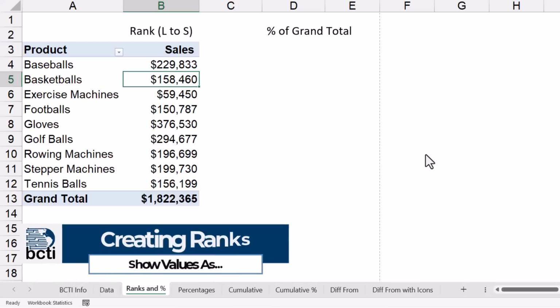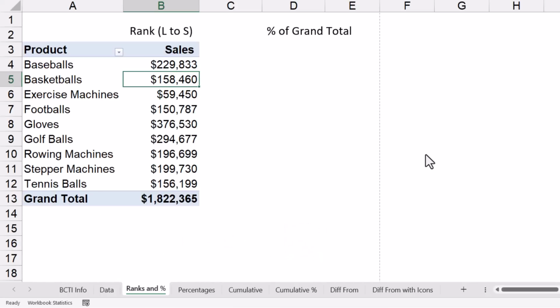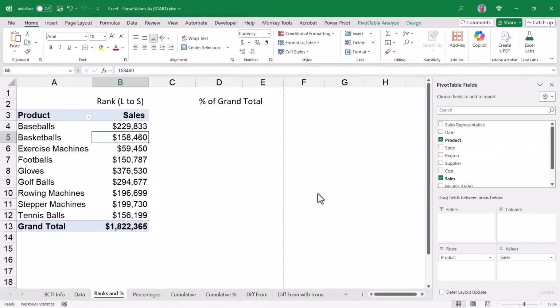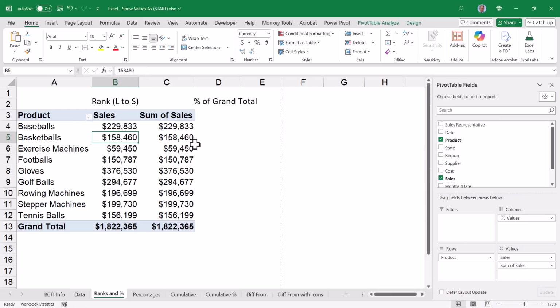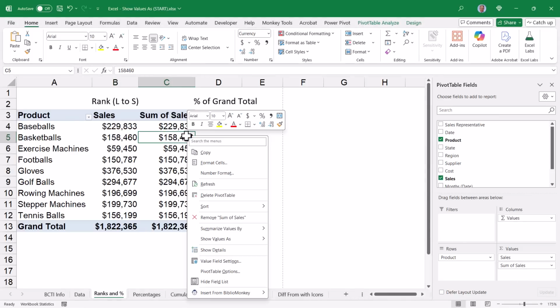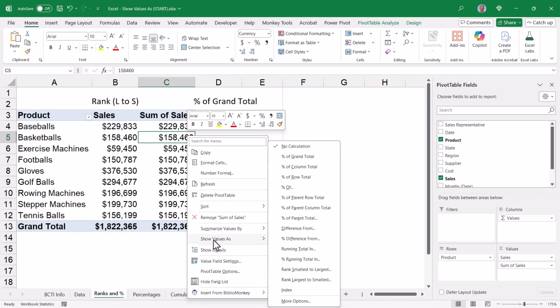So let's say that I wanted to create a ranking system that shows the number one selling product all the way down to the last, or worst selling product. Well, to build that ranking system, I'm just going to add sales a second time to my values field well. So I have sales and sum of sales. If I take this copy of the sum of sales, right-click, and say show values as,